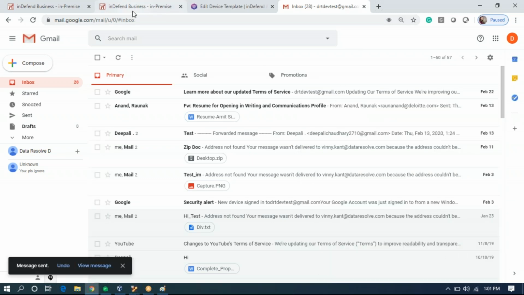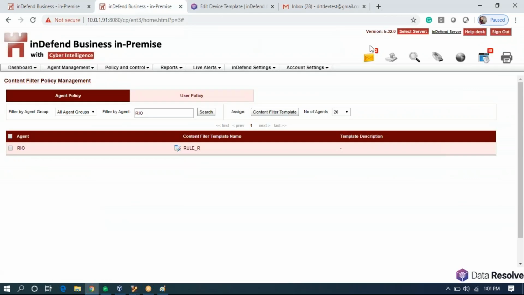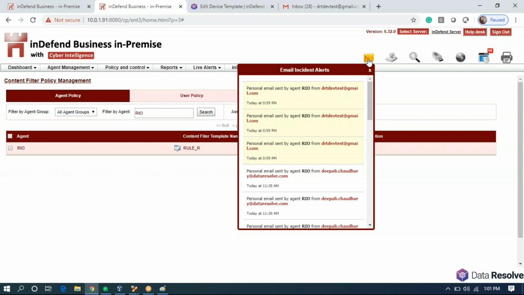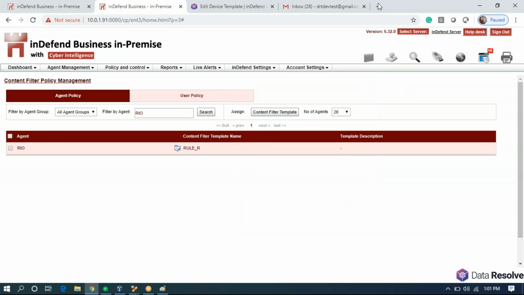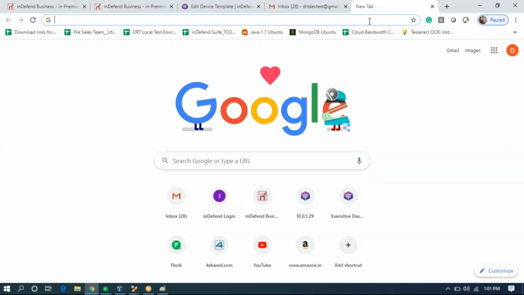So it takes some time for shadow logs to sync on the Indefend server. Once the shadow log syncs, only then will you start receiving the content-based alerts. Parallelly, we will also check for file uploads.